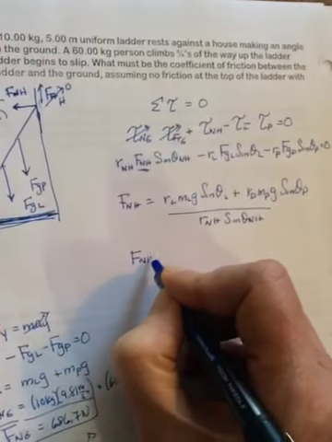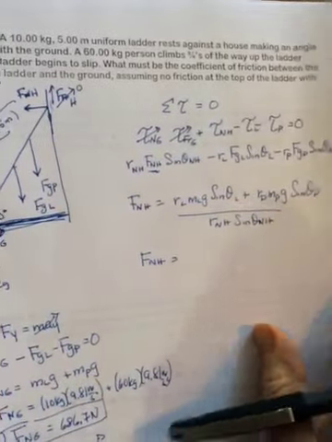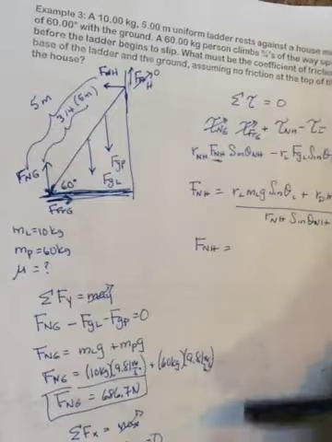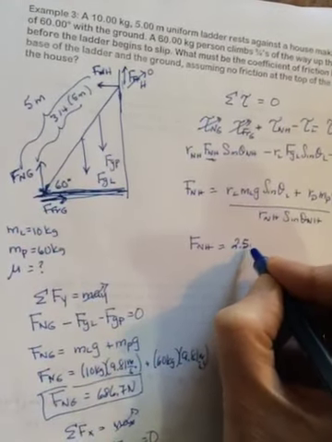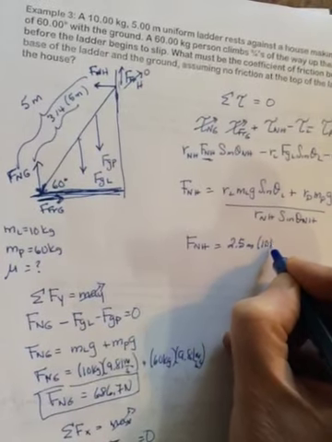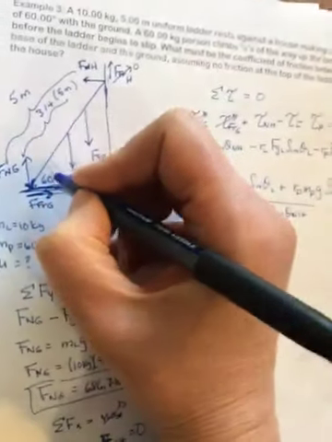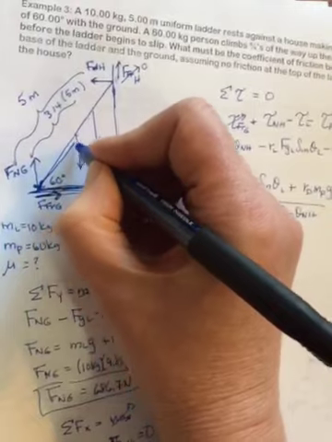So F normal of the house equals R of the ladder. It told us it was a 5 meter long uniform ladder, so the R should be half of its length, 2.5 meters. Mass of the ladder, 10 kilograms, and here's the important part, the angle between the R